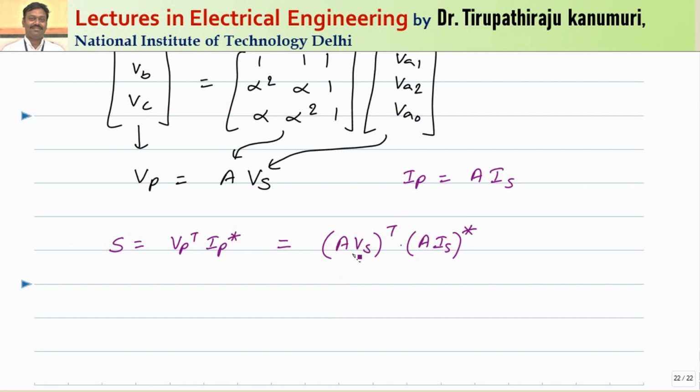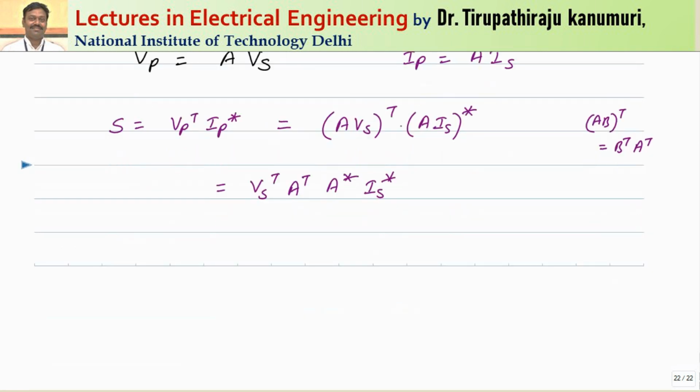So the conjugate of AB whole transpose, if you are taking AB whole transpose in matrix, this will be nothing but B transpose multiplied by A transpose. This you have already studied in matrices. So same thing I am applying here. So this will become Vs transpose into A transpose into AB whole conjugate will be A conjugate multiplied by B conjugate. So this will be A conjugate multiplied by Is conjugate. Agree with me? So let us try to calculate the value of A transpose into A conjugate first. So then we will proceed further.